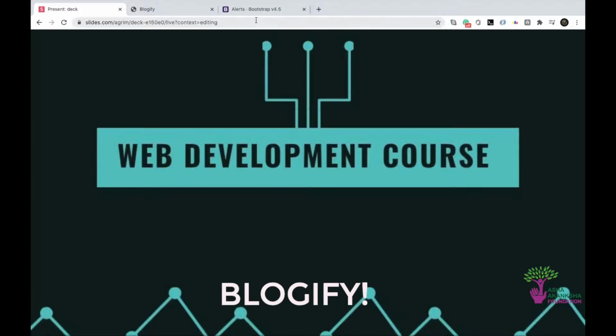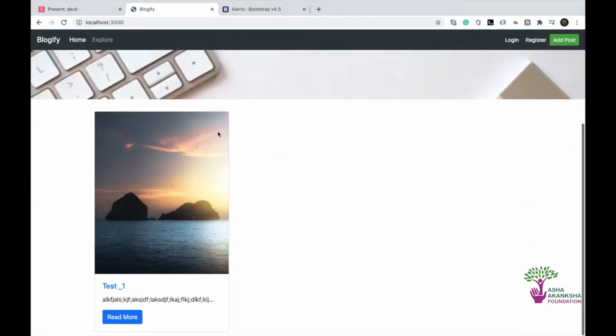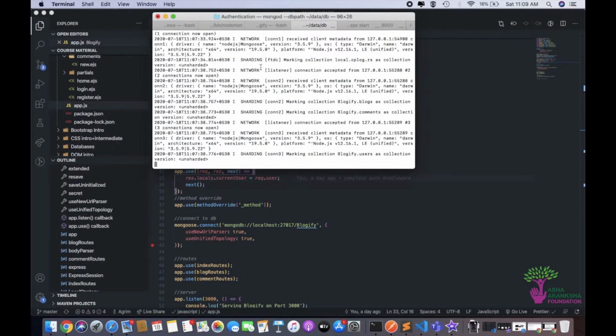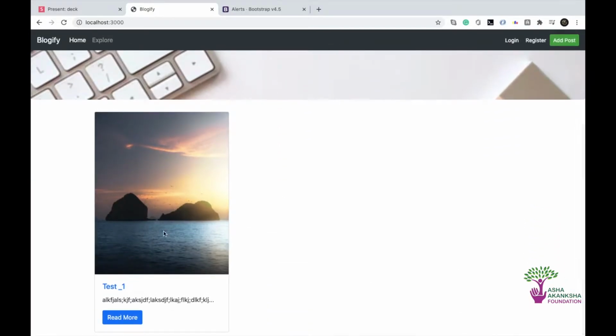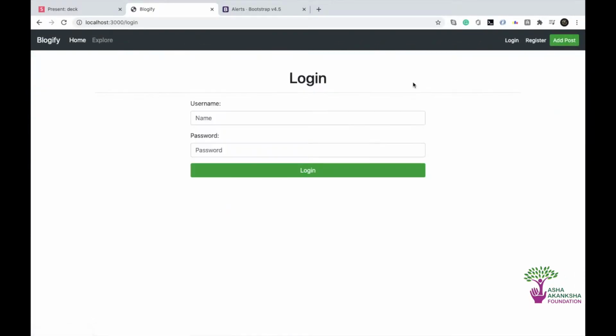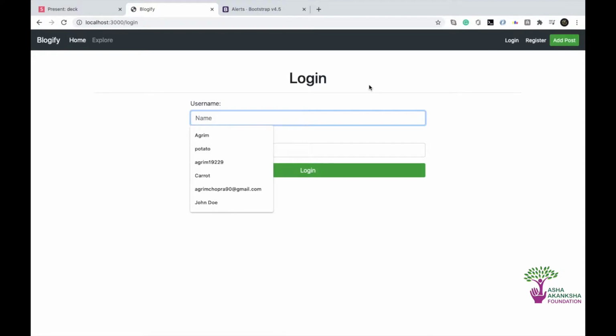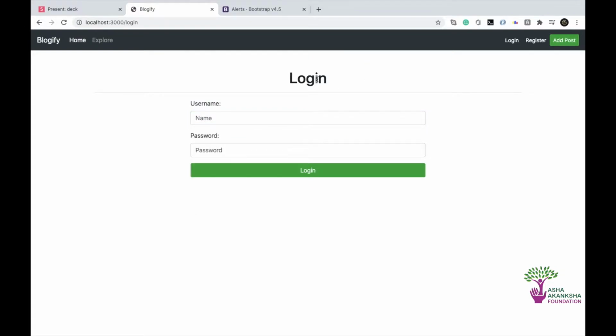So what I mean by that is that currently let's visit our Blogify app. You can see my server is running, my MongoD is running. And now if I try to go to add post, it tells me to log in. That's great. First of all, it just redirects me to login, and even though this is quite obvious, the reason that this is redirecting me to login is because it needs me to be logged in to add a post. But if you think about it, there should be some error message